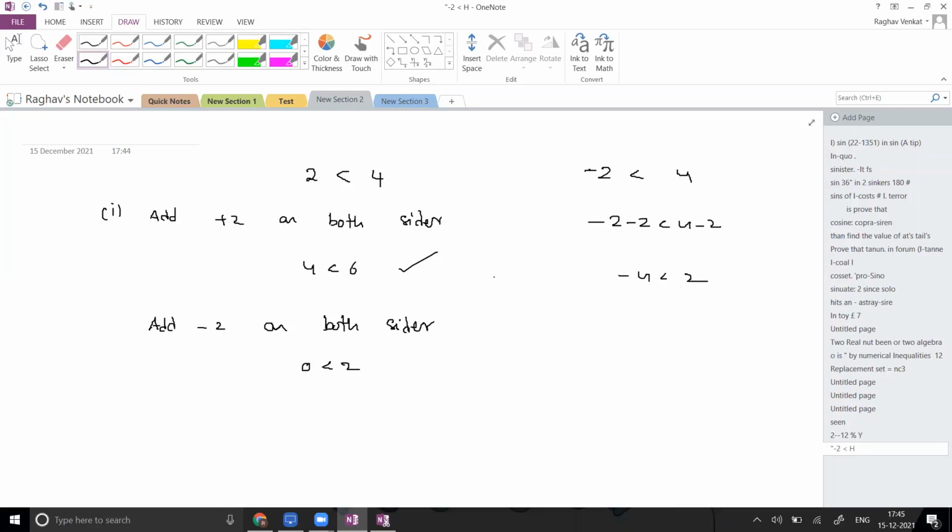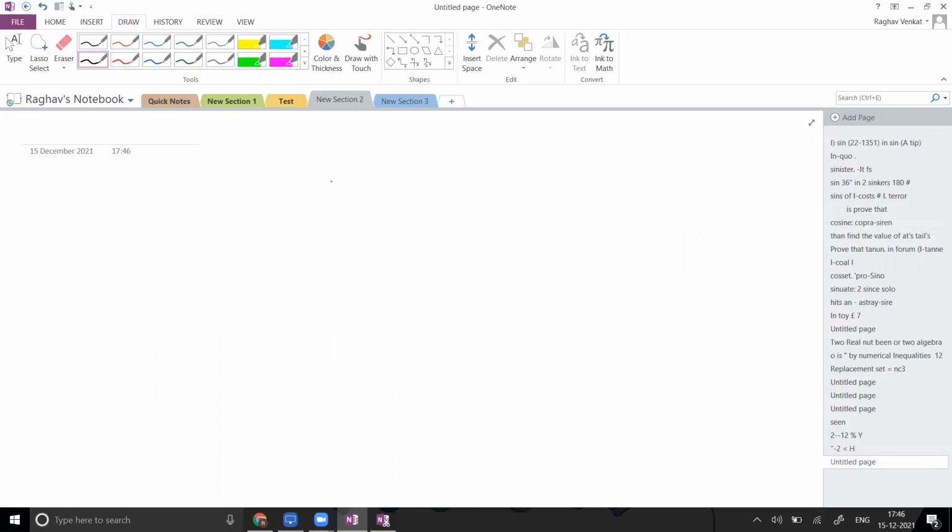So if I am adding a positive number on both sides, or subtracting a number on both sides, it does not affect the inequality symbol. The statement is not even changing. The statement is true even if I perform that arithmetic operation, either addition of a positive or negative number, or subtraction of a positive or negative number. So 4 things are completed: addition of a positive number, subtraction of a positive number, addition of a negative number, and subtraction of a negative number. I am going to the remaining 2 operations.